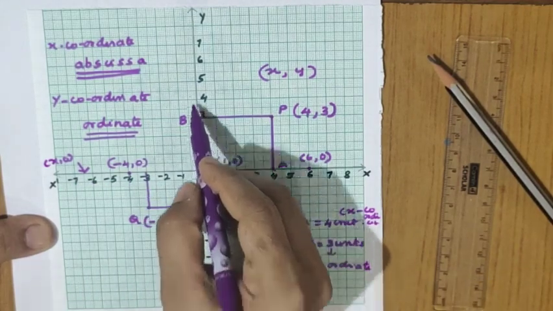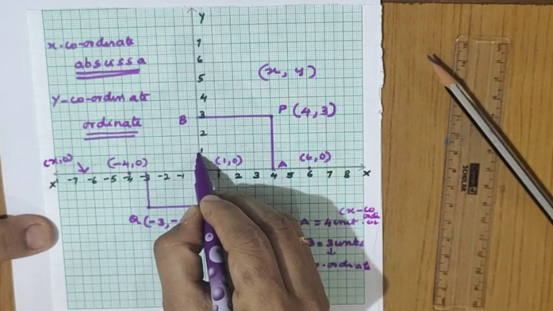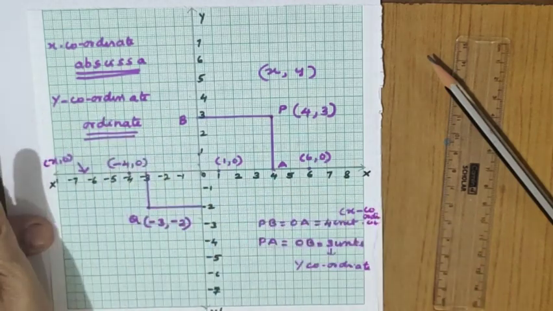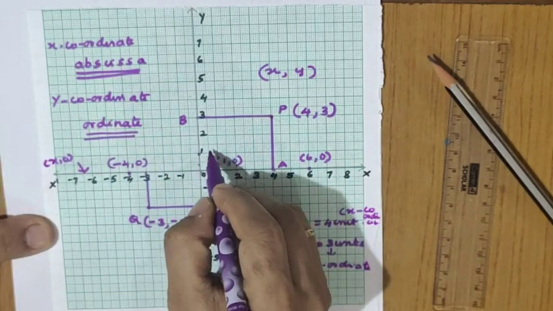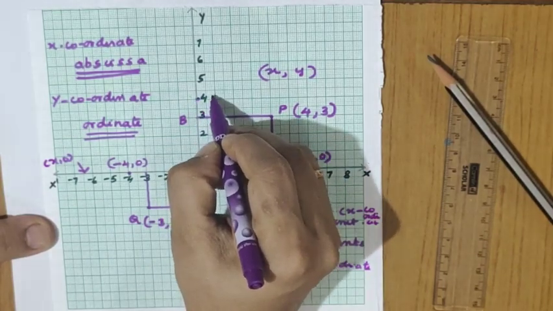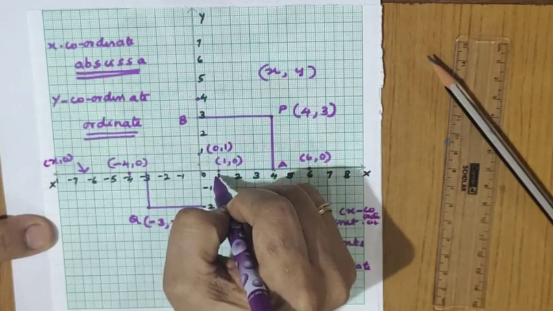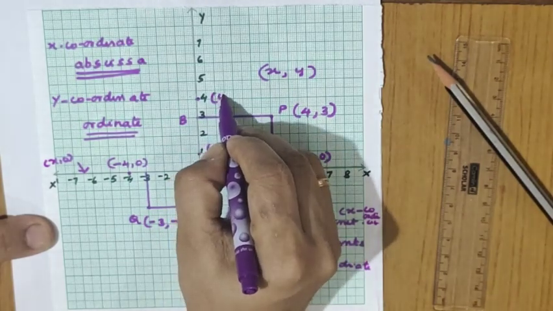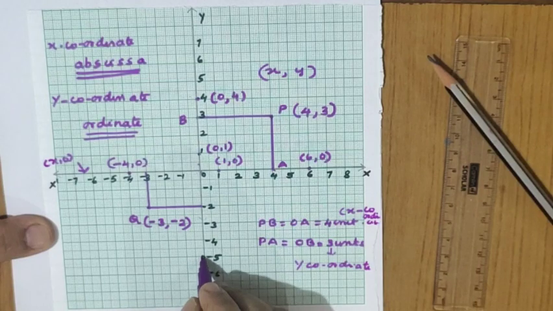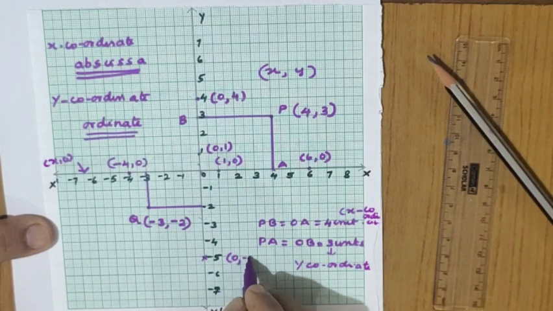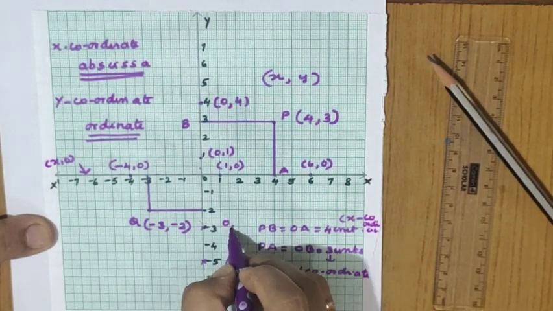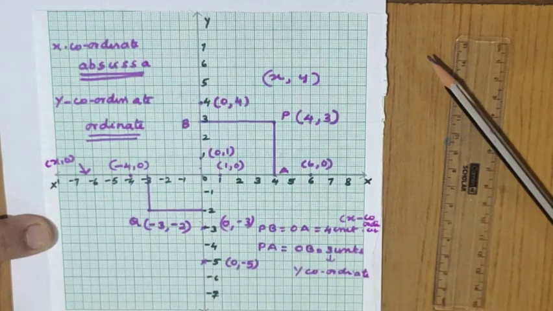Similarly, when you go for the y-axis, see, I am taking this point. I have no movement in either the positive or negative direction of the x-axis, but I have moved along the y-axis. So along the x-axis there is no movement, 0, 1. Similarly, if I go here, can you tell? No movement along the x-axis, so only y-axis movement is there. x comes first, so 0, then y is 4. Similarly, if I go here, what is the answer? 0 comma minus 5. Right? Now if I represent here, what is the answer? 0 comma minus 3.